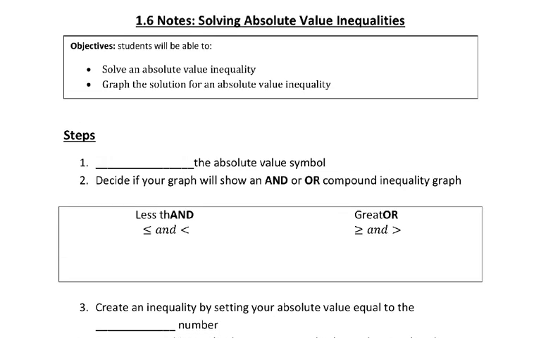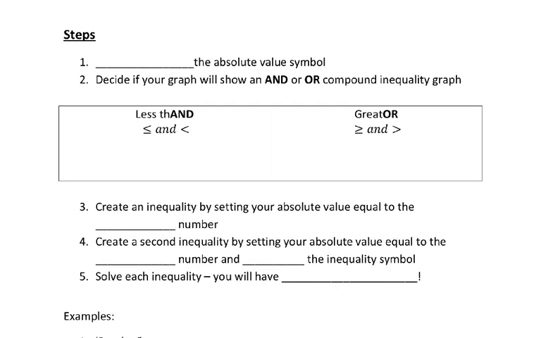In today's lesson, we're going to solve absolute value inequalities, and then we're going to graph the solution for them. So the very first step is similar to solving absolute value equations. We are going to start by isolating the absolute value symbol. After we do that, our new thing is we're going to decide if the graph will show an and or